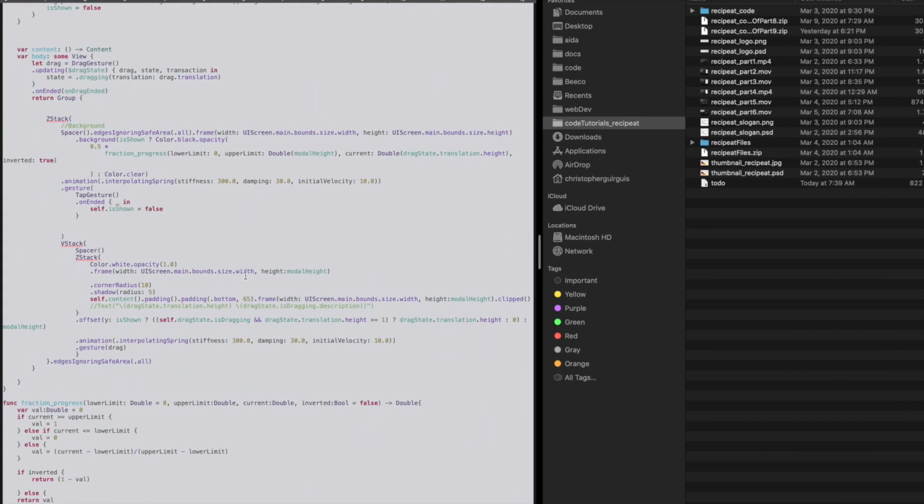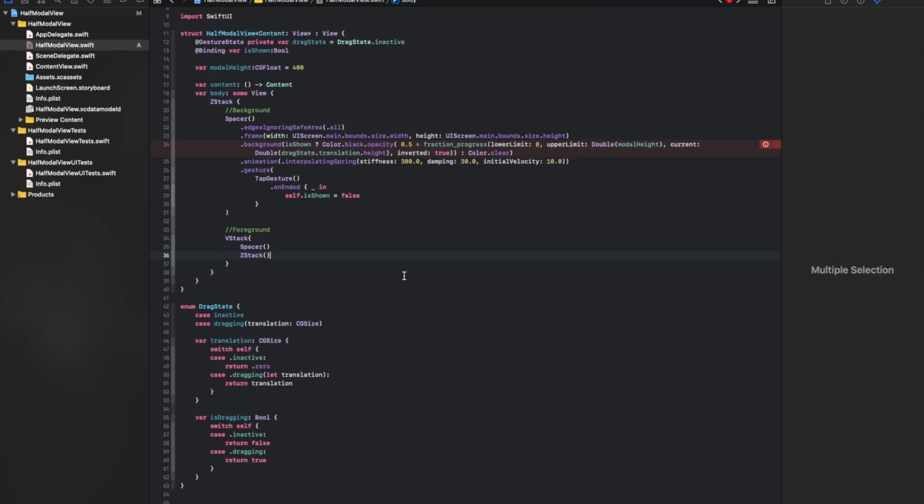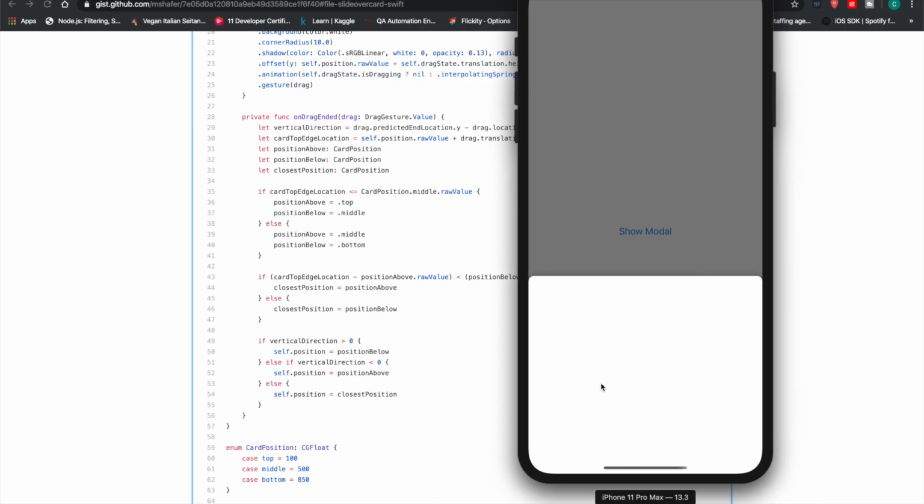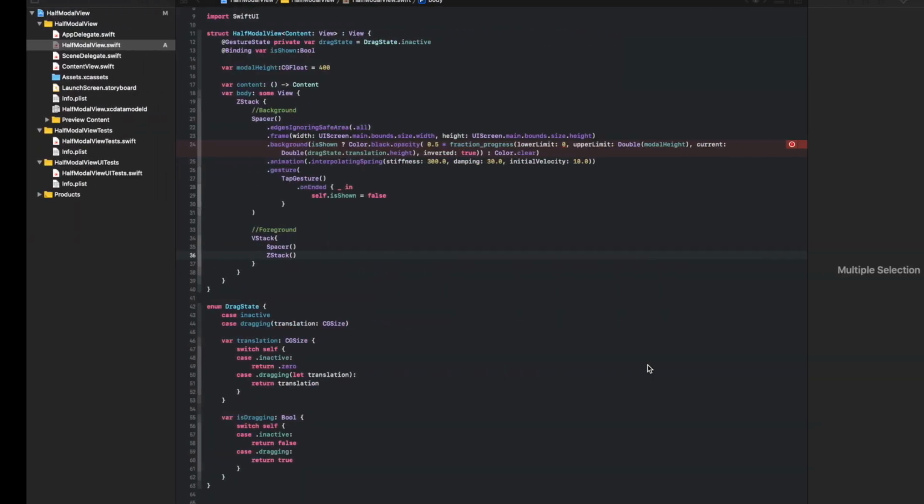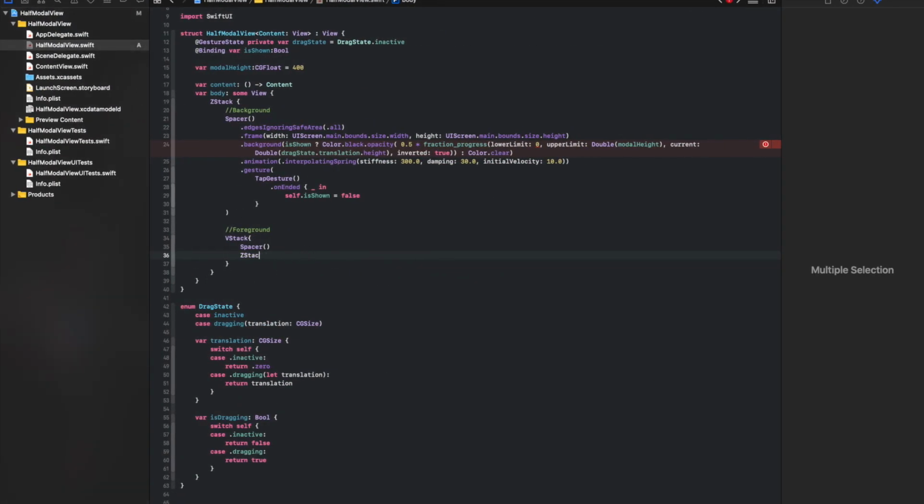And that ZStack is going to have, first, this color. And so this is the point of the ZStack. What we're making right here is we're putting this white background behind whatever we choose to insert inside of this whole half modal, okay? So ZStack,